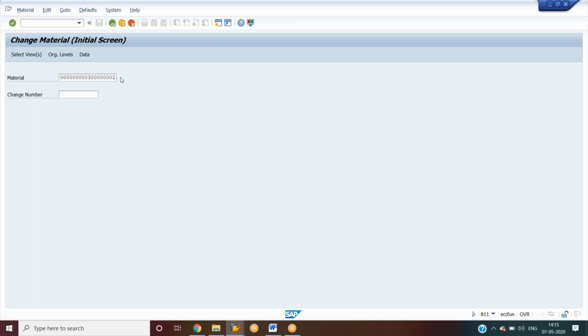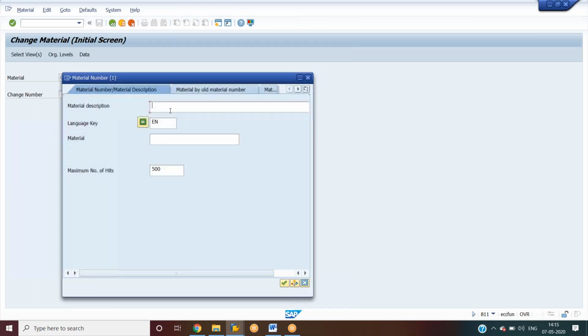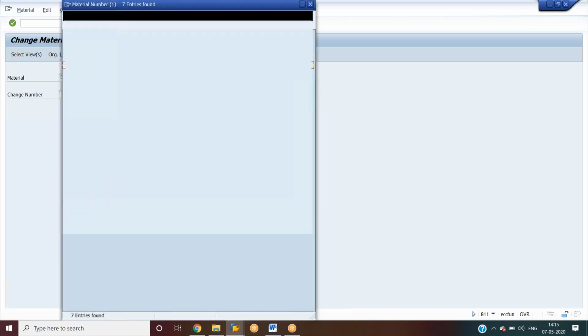If you want to find the material and you don't know it, then click on the binocular icon. If you know the material description, you just give the material description. This is the material description which we have maintained.